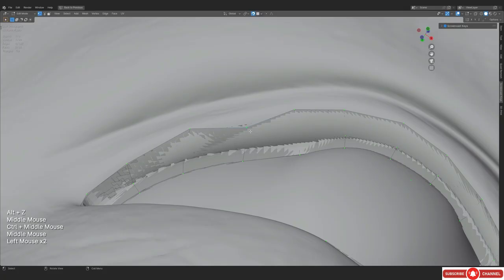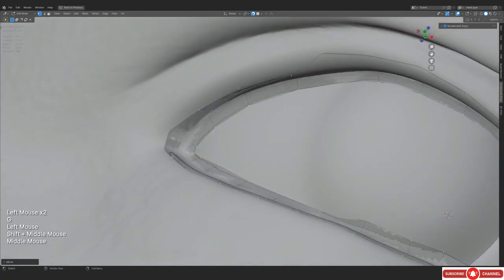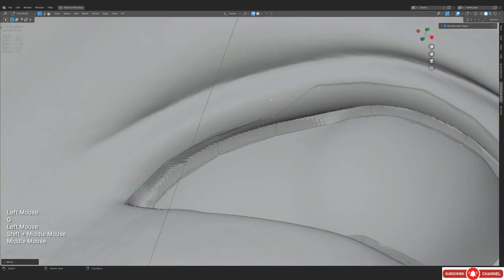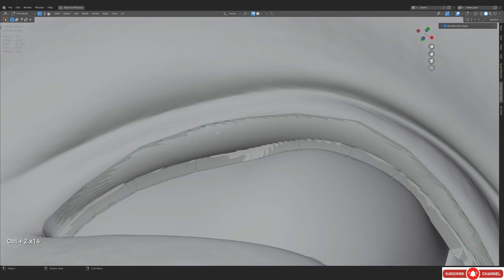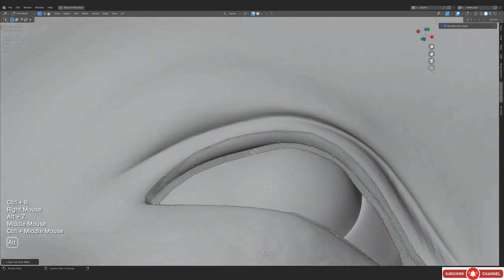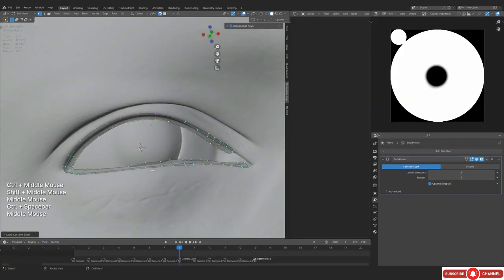Well, one of the things that you can do is you can actually add an edge loop where the upper eyelid is, because the upper eyelid area is a little bit too broad. And okay, in this case I'm actually just adjusting the vertices. Again, the idea is to not let them intersect, because it could look a little bit weird, and I'm literally just undoing. I think I'm gonna be adding, yep, kinda knew it, gonna be adding an edge loop.